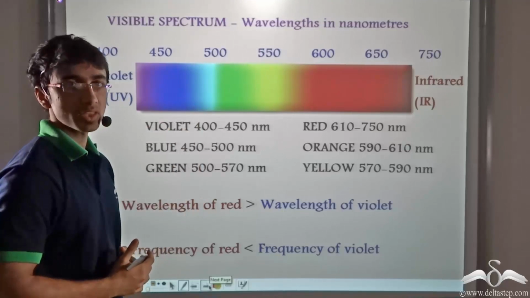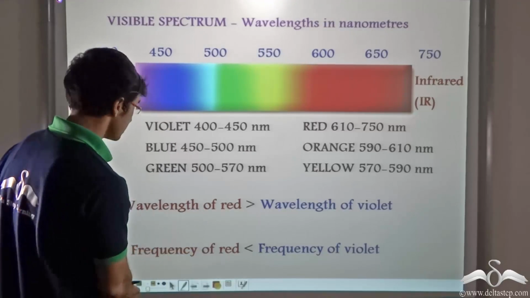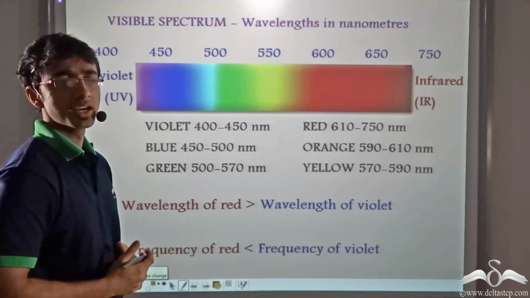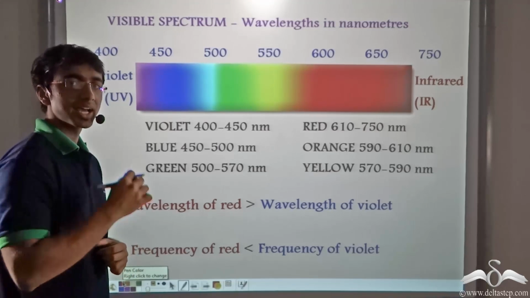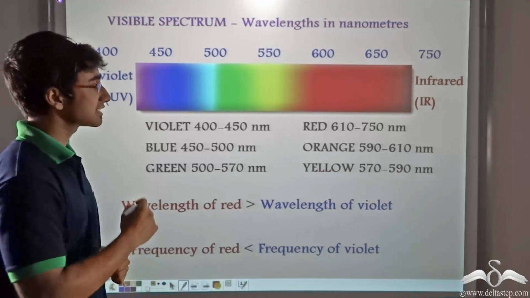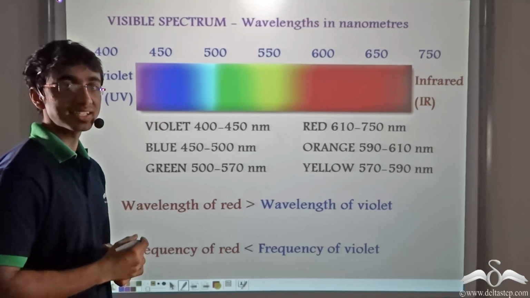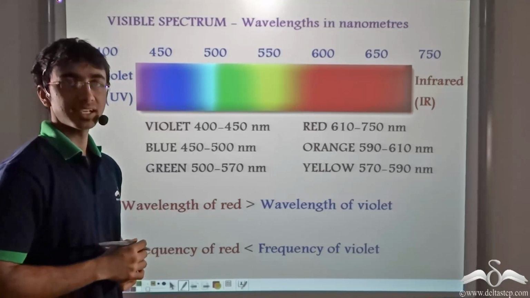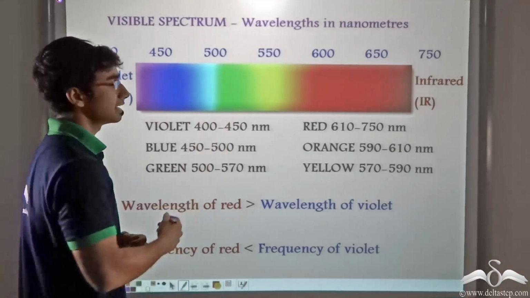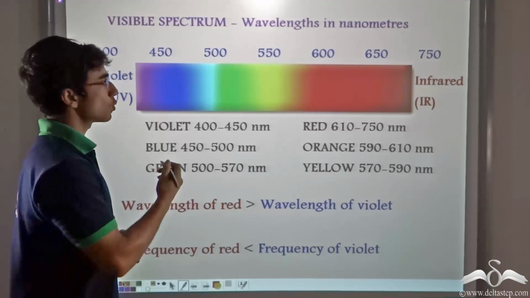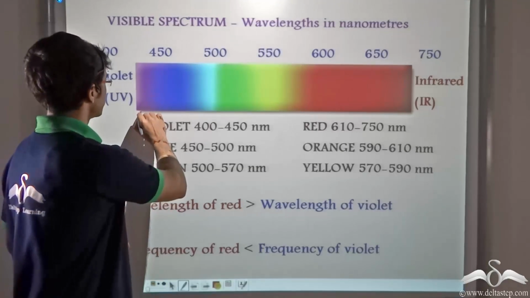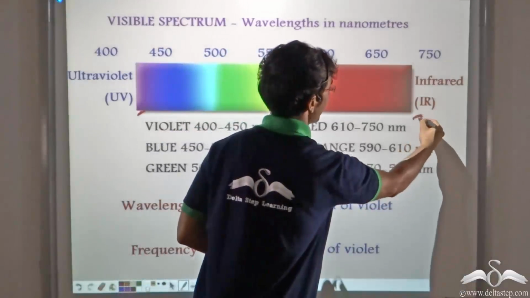Now observe this part. Here we have listed the visible light spectrum, that is the part of the spectrum that we are able to see. Do you know how we are able to see? Our eyes have special cells in them known as rod cells and cone cells. These cells are responsible for the vision sense in us. Rods are cells that help us in the dark, and cones are cells which help us to see light and distinguish the various colors. So what are the different colors that are present in the visible region? They start from violet and end at red.